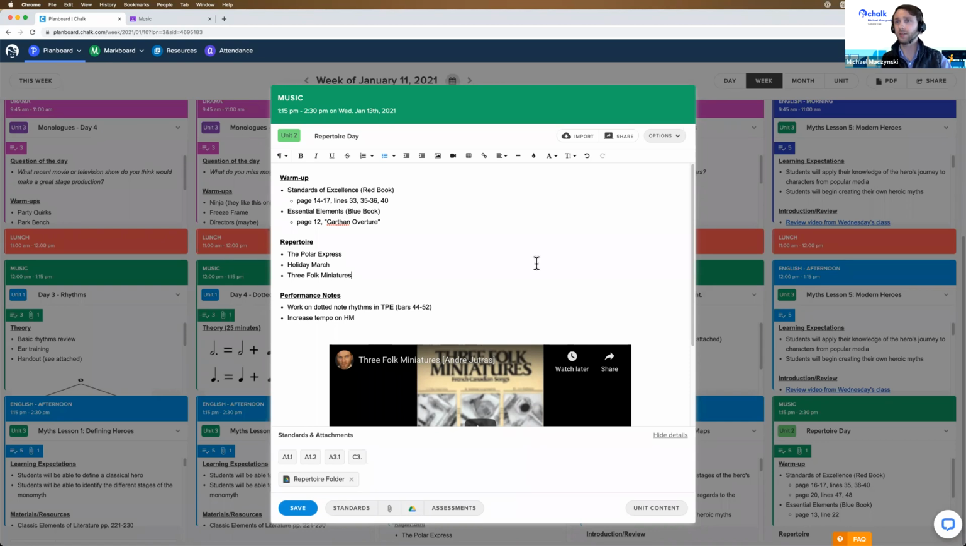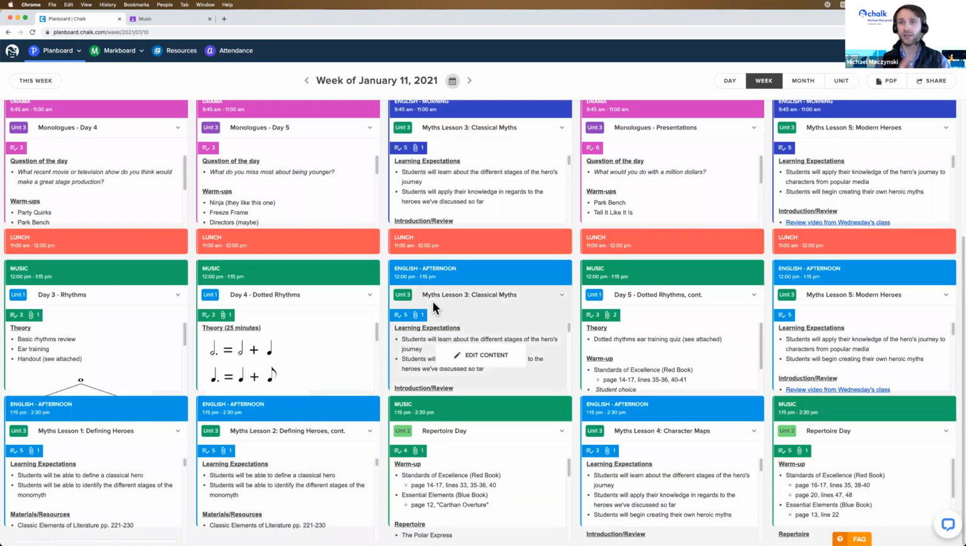So I don't need to publish this again. I don't need to export it again or send it to the Google Classroom. It will update automatically. I'll do another quick example, as you can not only just share your lessons, but also